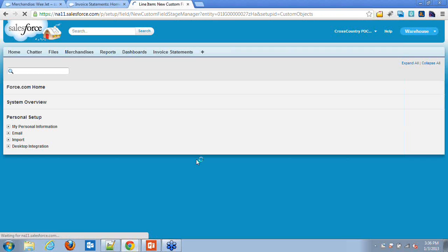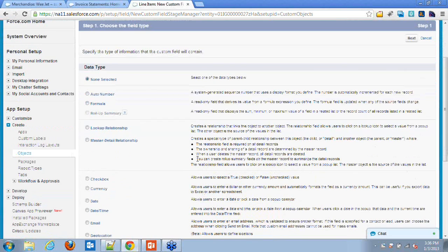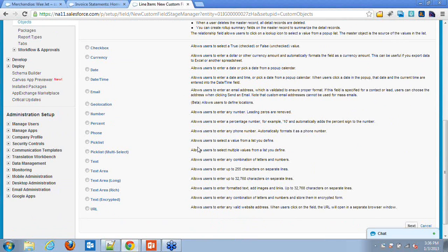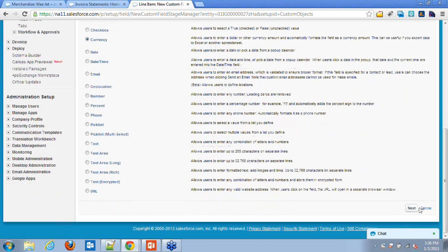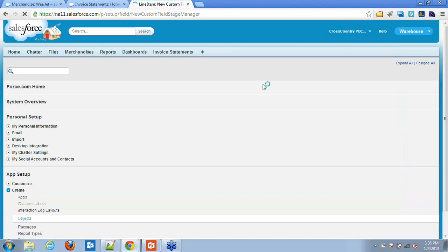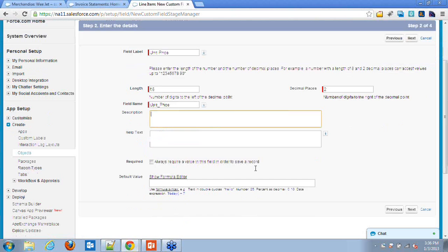Let's add some fields to it. Now you have product, you need some pricing for it. So for this line item, we'll add one currency type field, which is the unit price. The 2 decimals, okay.